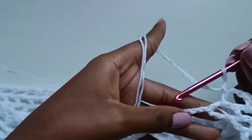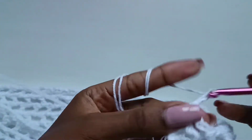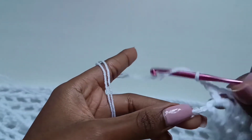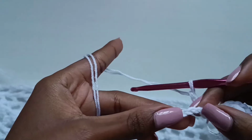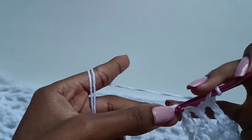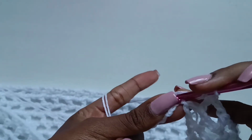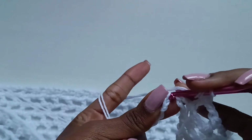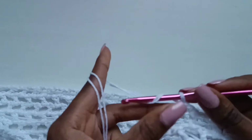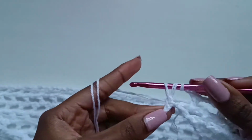And now we are going to work on that chain by chaining 2, skipping 2 chains, and go into the next with a double crochet right there. Make your chains loosely, please. Go into that chain with a double crochet,